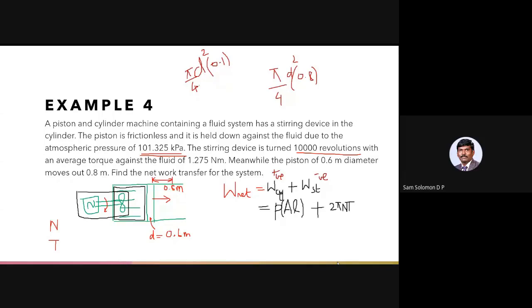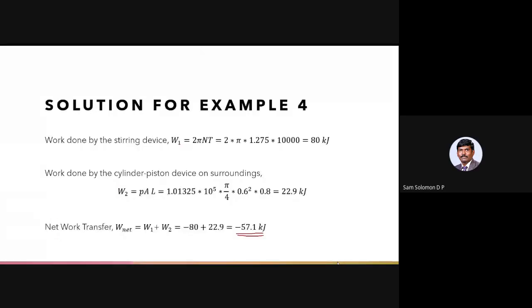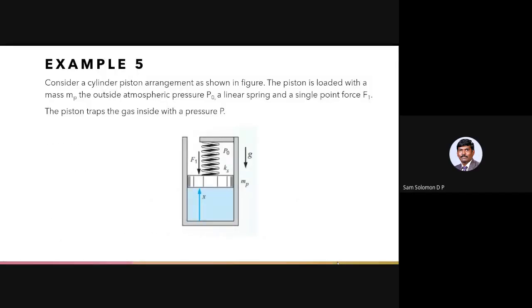Okay. So let's move on to the next problem. By looking at the problem, most of you will think that this problem is very difficult, but it's actually very simple. I have taken this from Sontag. And I have just given the expression for it, how the expression is being derived, just to give you an idea. So don't worry, even if you're not able to follow it, it is just an example for work transfer.